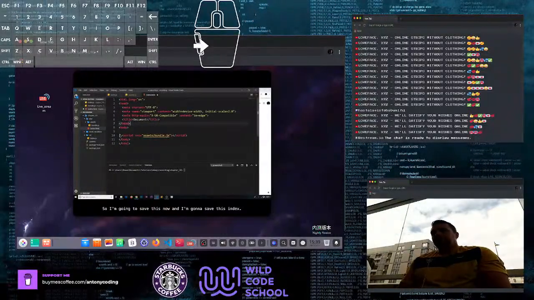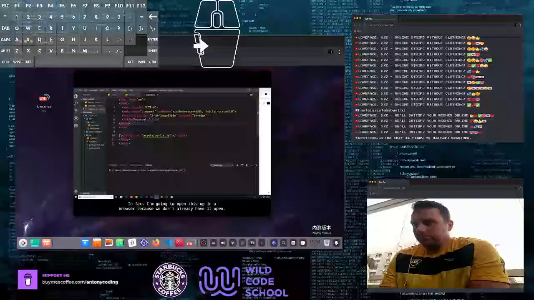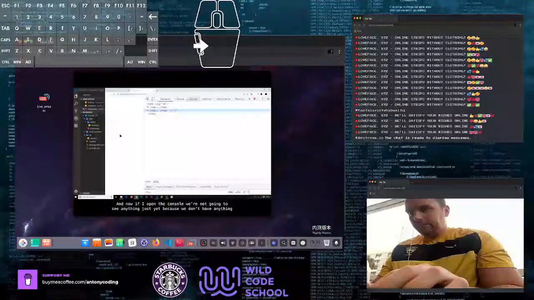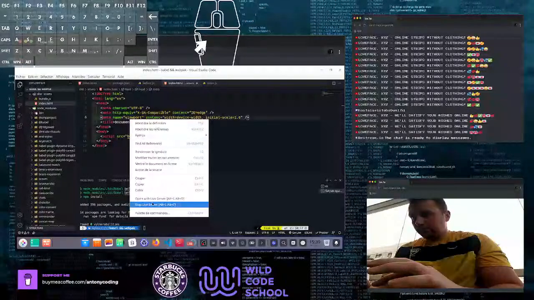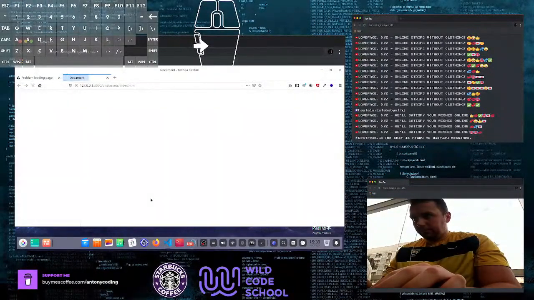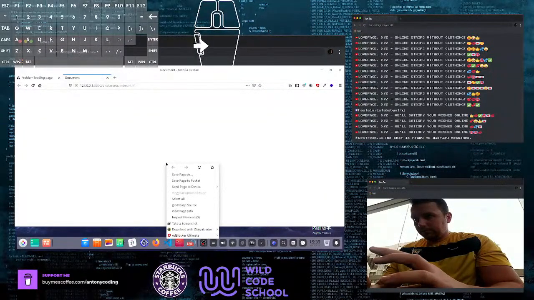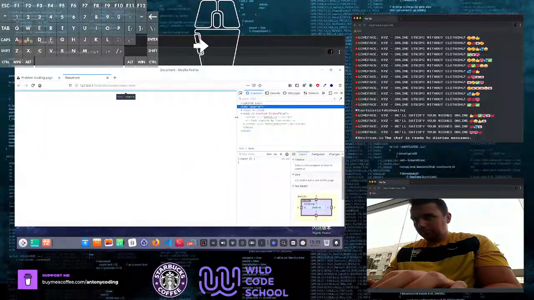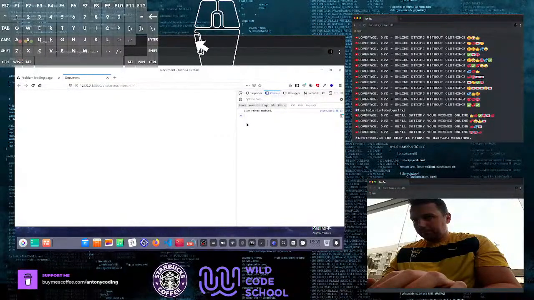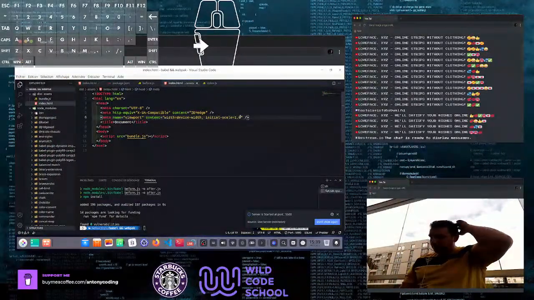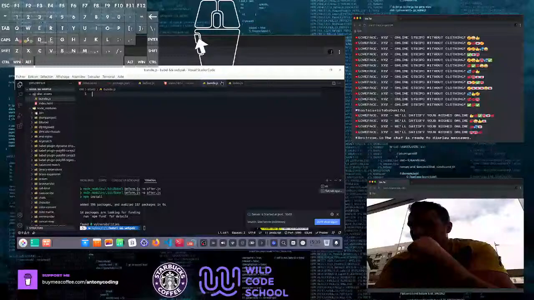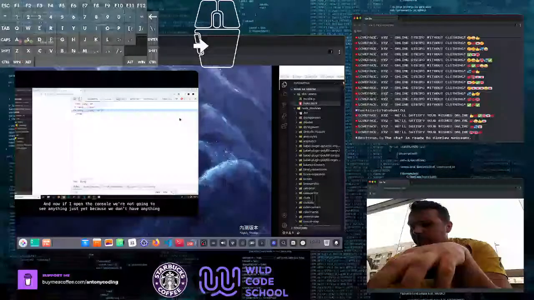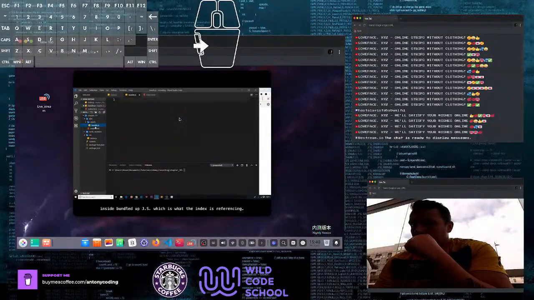So I'm going to save this now, and I'm going to save this index. In fact, I'm going to open this up in a browser because we don't already have it open. So let me open with live server over here. And now if I open the console, we're not going to see anything just yet because we don't have anything inside bundle.js, which is what the index